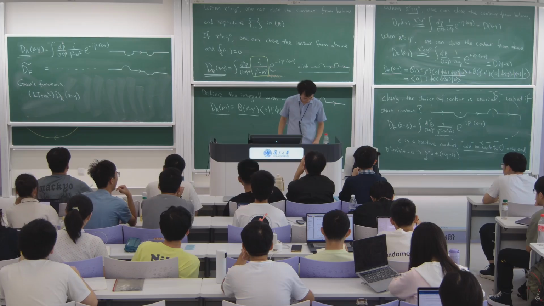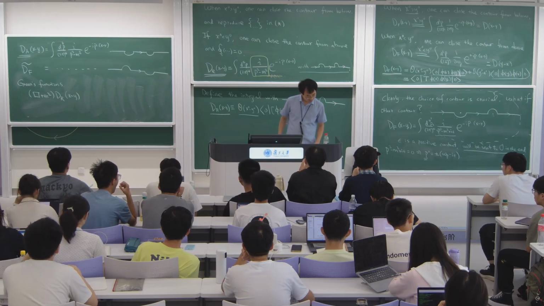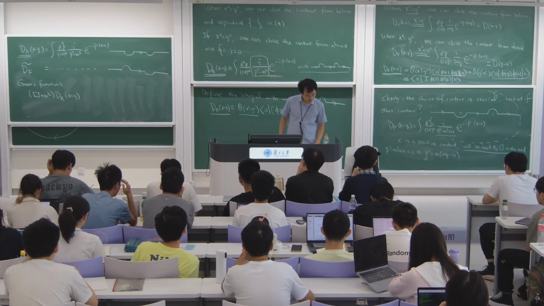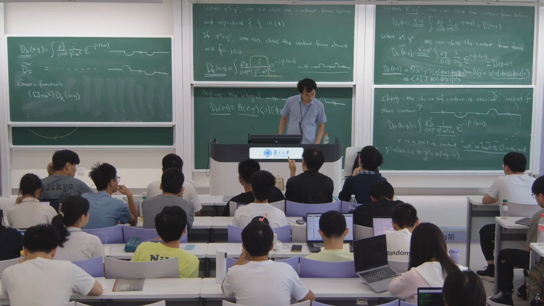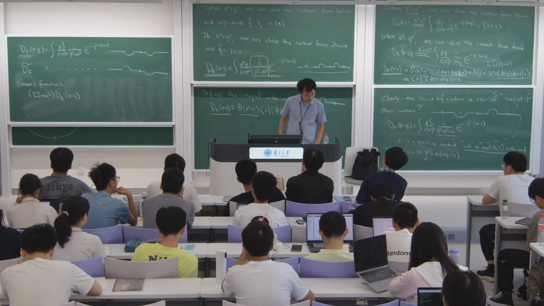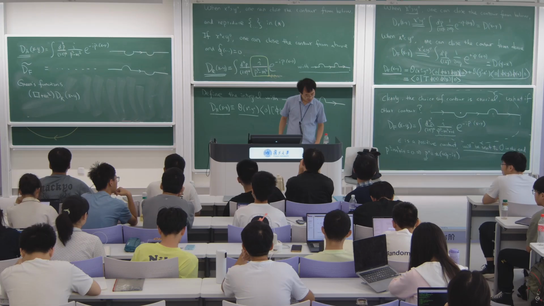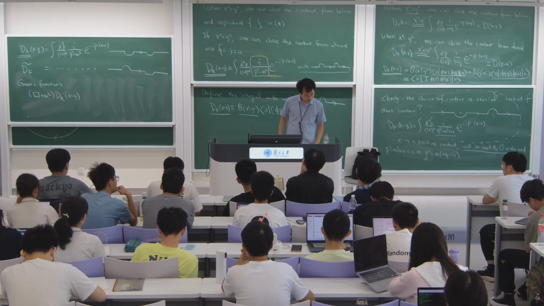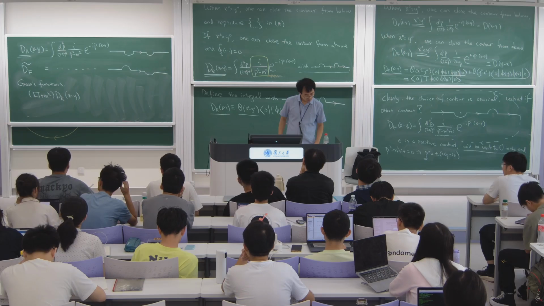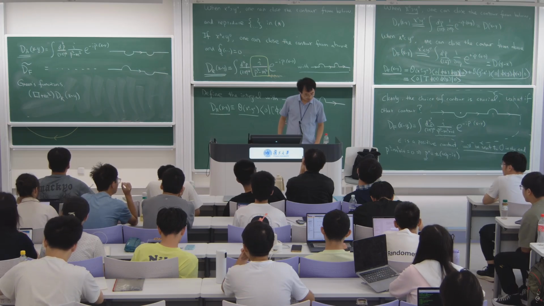You mean the final result? advanced 的那个围道，它相比 retarded 的那个围道，是逆时针的，也就是说相对来说多出来一个负号。